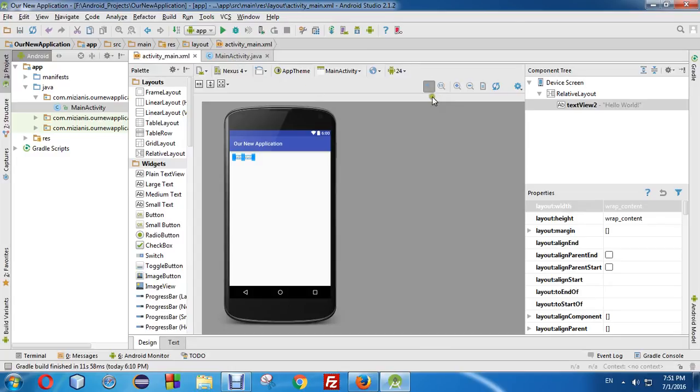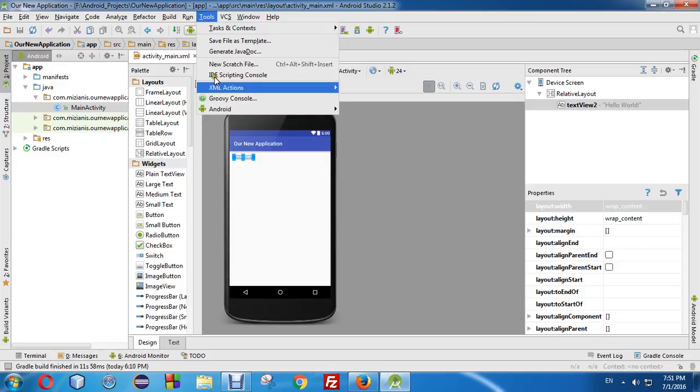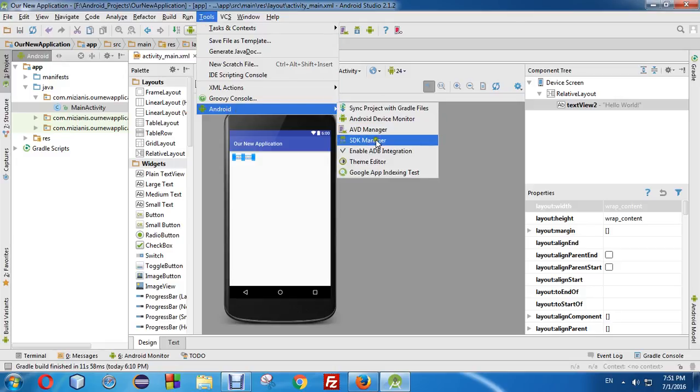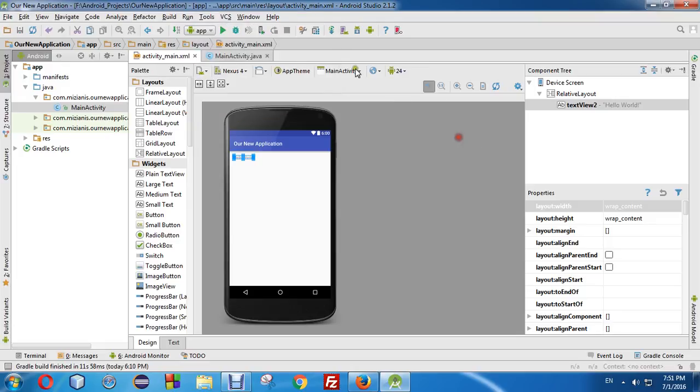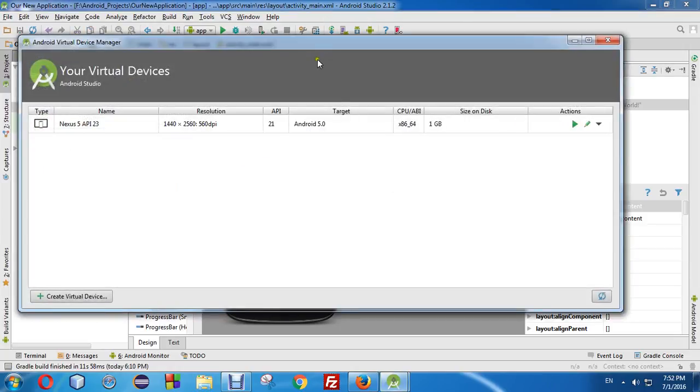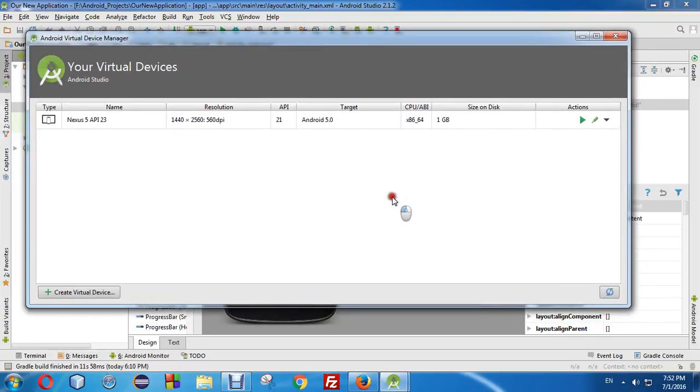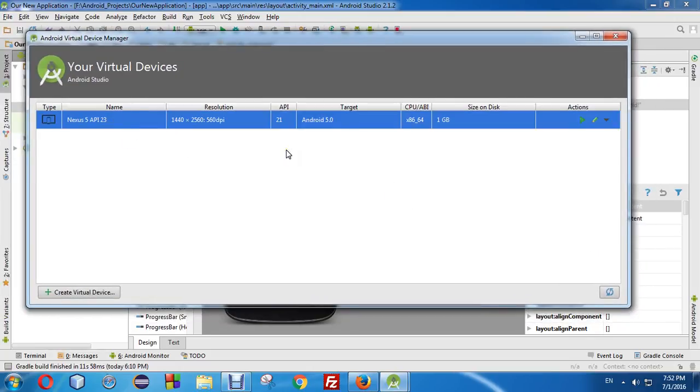Then we need to open the AVD Manager. Again, you can open the AVD Manager from Tools, Android device, AVD Manager, or you can just click on the shortcut from the Tools bar. Here, right before the SDK Manager, the AVD Manager shortcut is located. Just click on it,